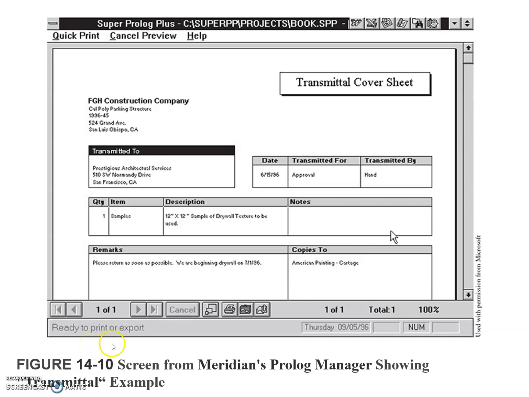So continuing from the last video clip, this is the screen from Meridian's Prolog Manager showing a transmittal example. The report generation by the contractor's document control system is an important tool that should be integrated into the software. Oracle's Primavera contract management allows a company to establish standard report forms such as daily progress reports, delivery records, recording visitors, and other structured